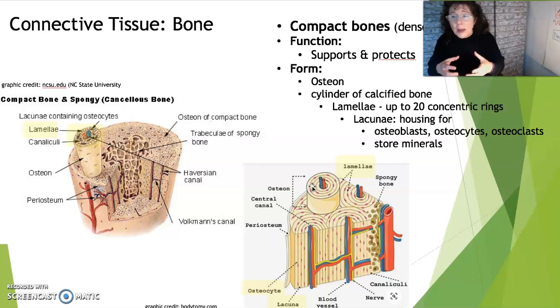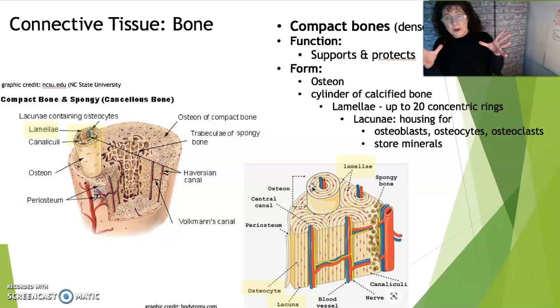And there can be up to 20 of them per osteon. This one in particular is showing 3 lamellae. But generally it goes from about 5 to 20 rings of lamellae. Those lamellae house the lacunae, or the multiple lacuna, the pools of cells. In this case, for calcified bone, the cells are osteoblasts,